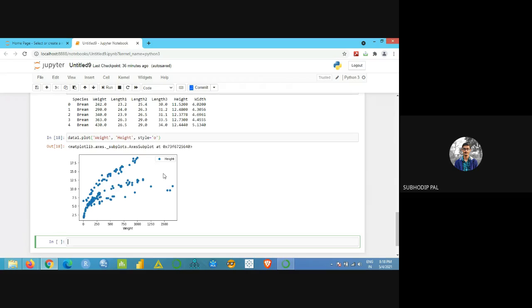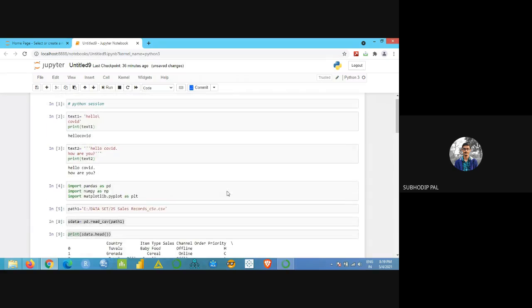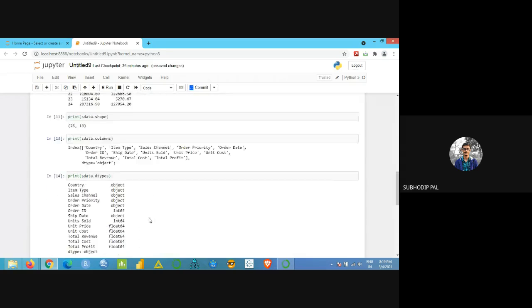Suppose I want to check whether there is any outlier in a particular variable or not. Suppose in weight, weight is my dependent variable. I want to check if there is any outlier in this particular variable or not. Outlier means what? We have to plot a box plot, right? So here the command is plt. We have already imported plt here.